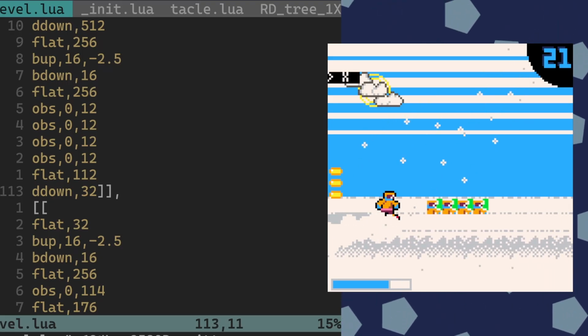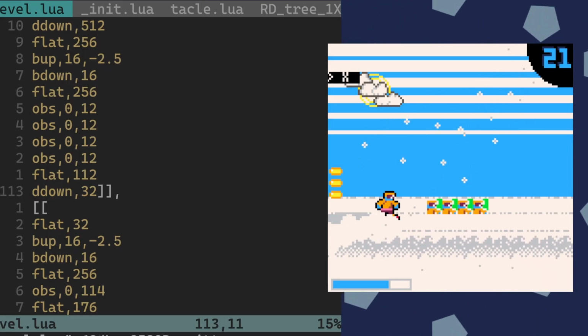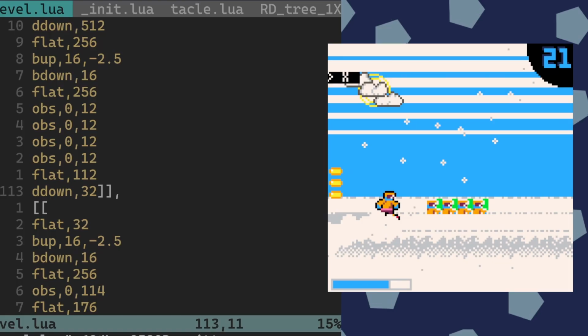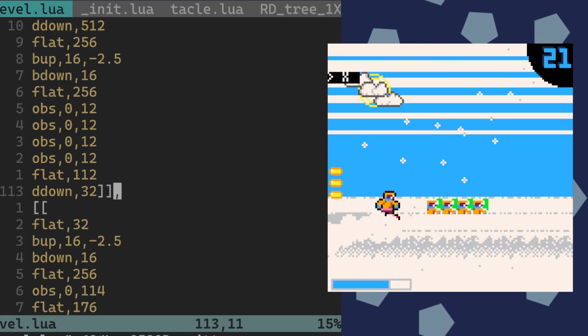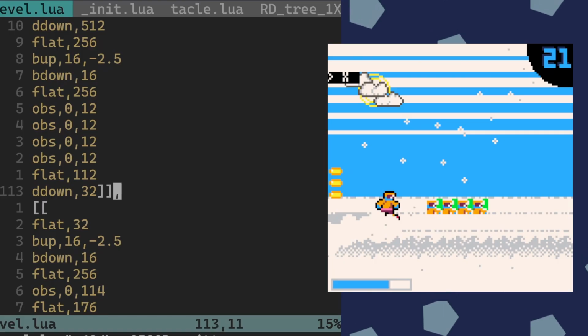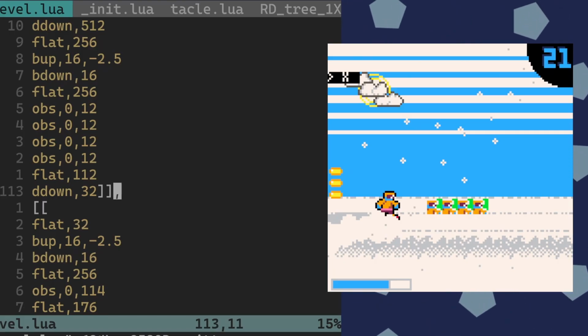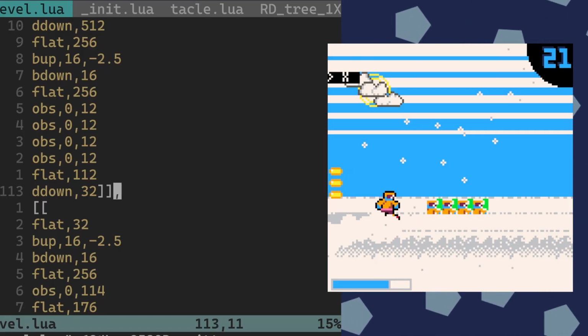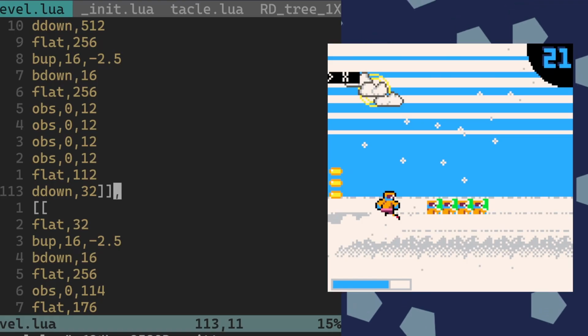Hey, 4 torsos right where they should be. Perfect. Okay, so that's 2 problems solved. Let's keep going. The next thing I wanted to add was putting obstacles on ramps. So let's see if we can get rid of these torsos and actually make an obstacle looking thing to put